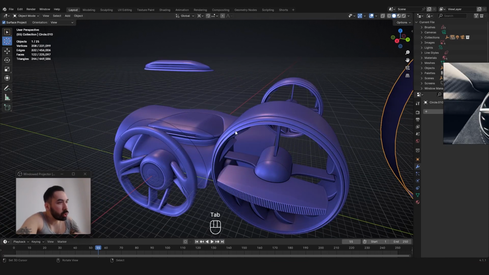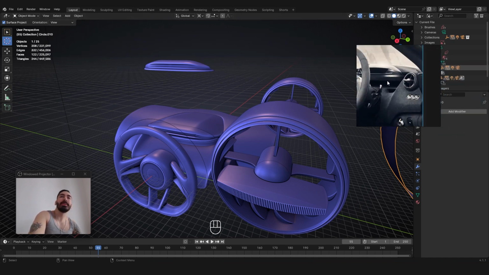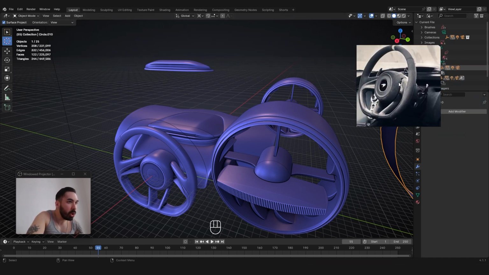Here's an important hard surface modeling tool that nobody ever talks about, but it's going to significantly contribute to your 3D modeling abilities. If you know this, you're going to be in the top 1%. Nobody ever talks about it. Nobody knows this, okay? I was modeling this McLaren 765 LT interior on live stream the other day, and I